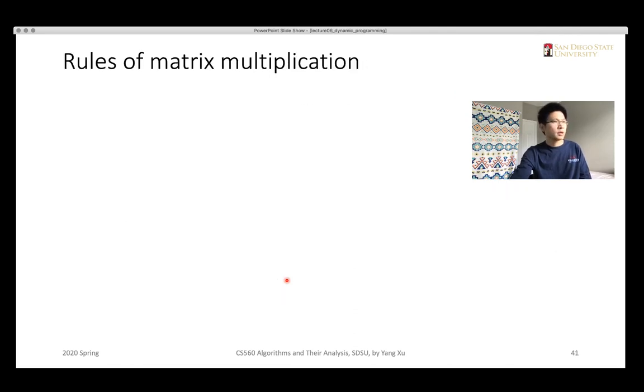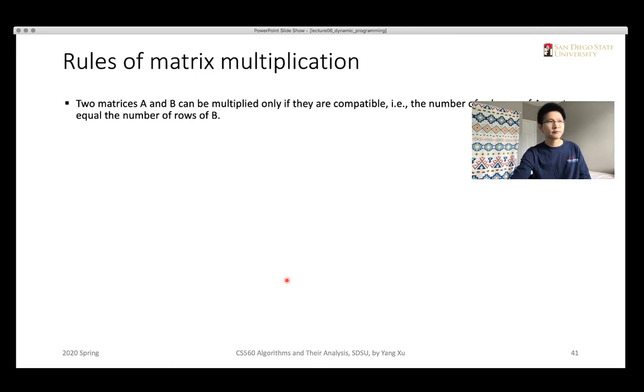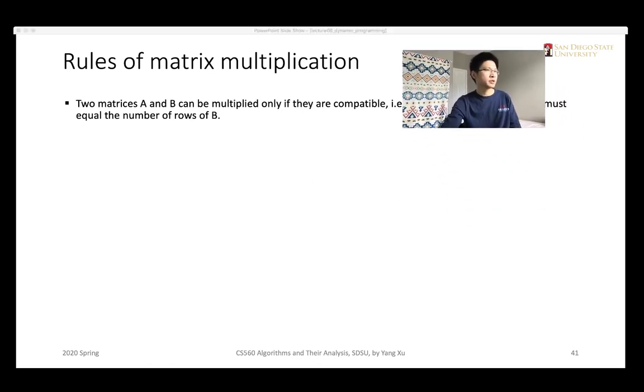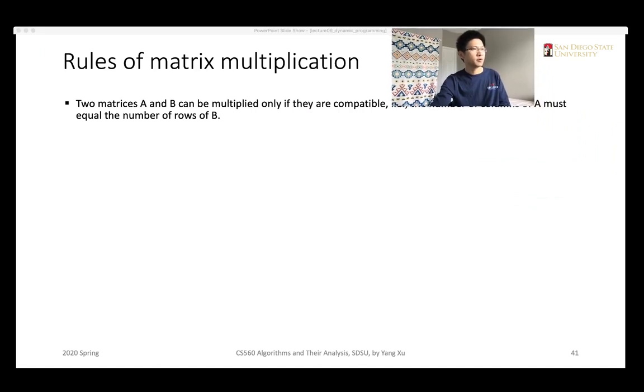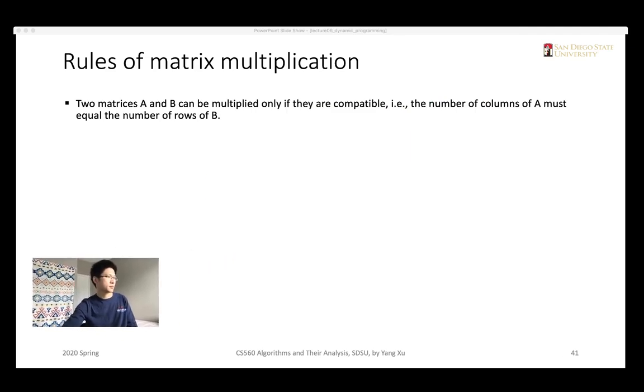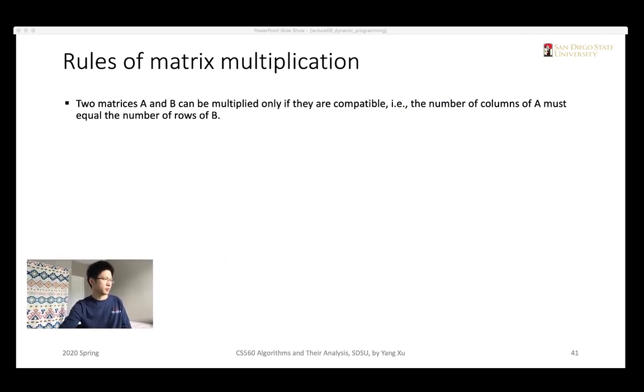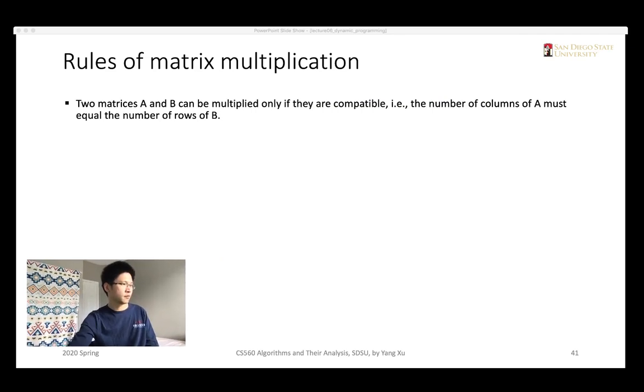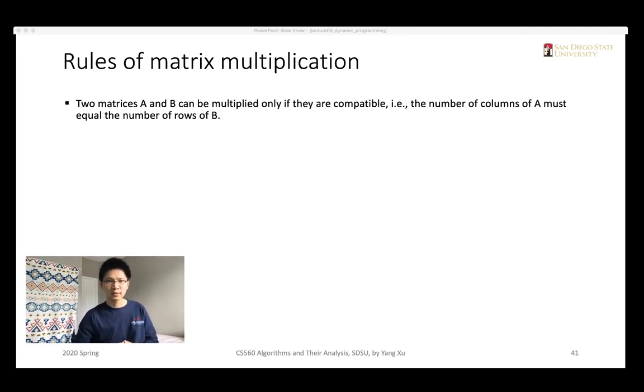So now it's useful if we review the rules of matrix multiplication a little bit, because we did that before, but now let's look at it more closely, because it's critical, very important to understand the rules before we look at the problem of how to chain up the matrix multiplications. So if we zoom in to only 2 matrices,